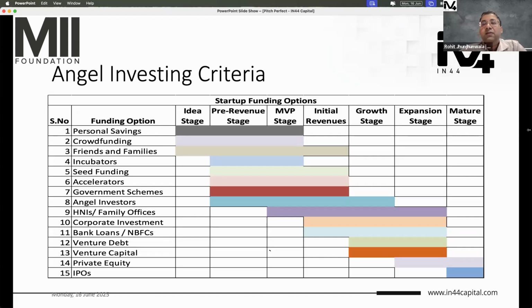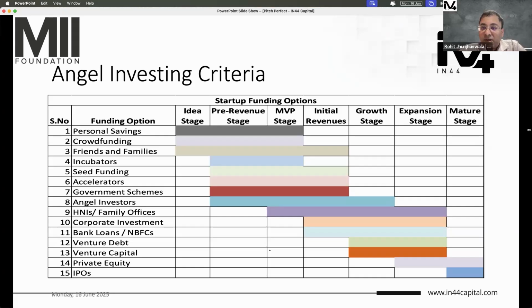Every investor might invest 2.5 lakhs, 5 lakhs, 10 lakhs, 50 lakhs. The super investors like Kunal Shah and all might invest 2 crores, 3 crores and all. But there's a limit to how much they will put in every company, which is what limits them to this range. Because anything after growth stage would require a lot of funding, and they may not be interested to give that much. So they would rather invest in early stage companies where the fund requirement is 2 crores, 3 crores, or 8 crores, and take a larger chunk of the company rather than going in later and probably owning 1% or 2% of the company.